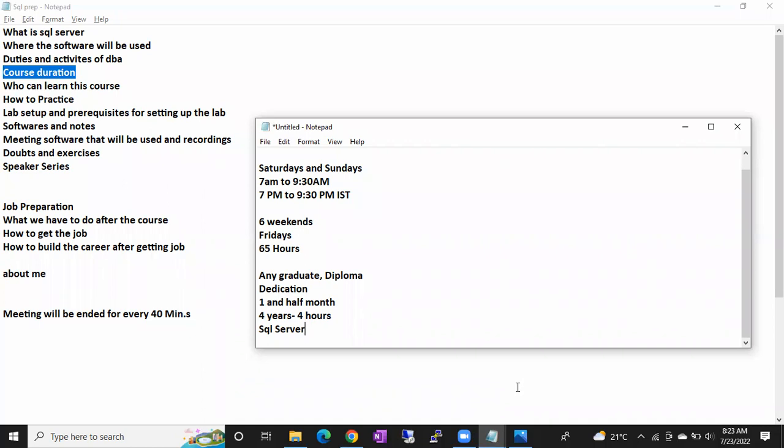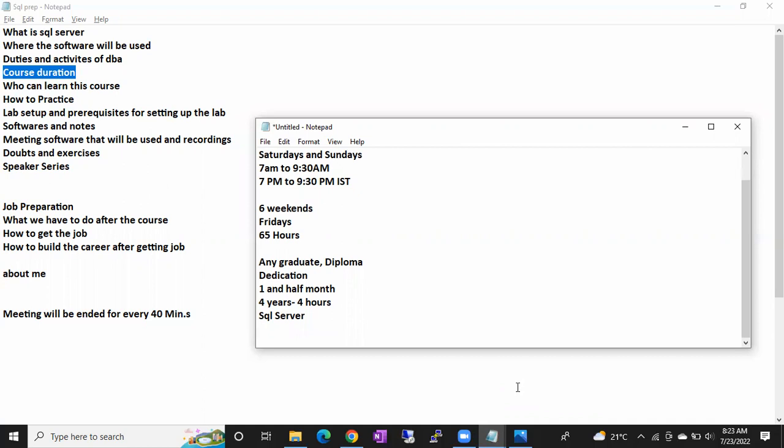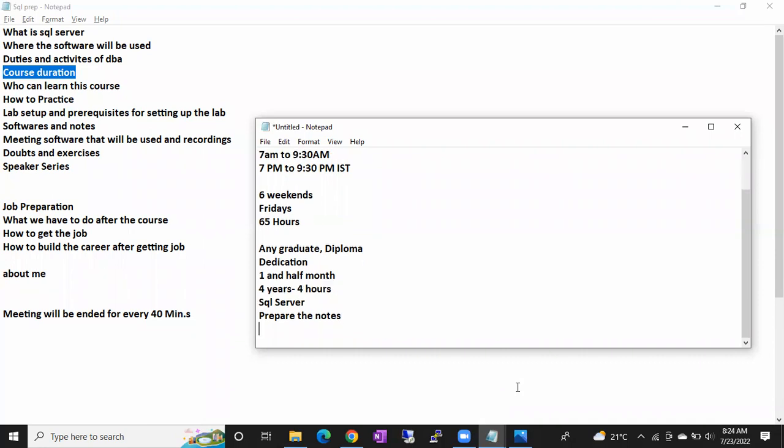And one more thing, if you want to be good at any subject, guys, the secret is to prepare notes. Prepare your own notes. Prepare your own document. Believe me, it's very helpful, guys. If you prepare your own document, definitely it will help you a lot. You will get a lot of confidence and you will come to know a lot of things. And don't think I have to complete my practice without errors. No, try to get the errors, the same errors you can see in your environment. So try to fix the errors by browsing.